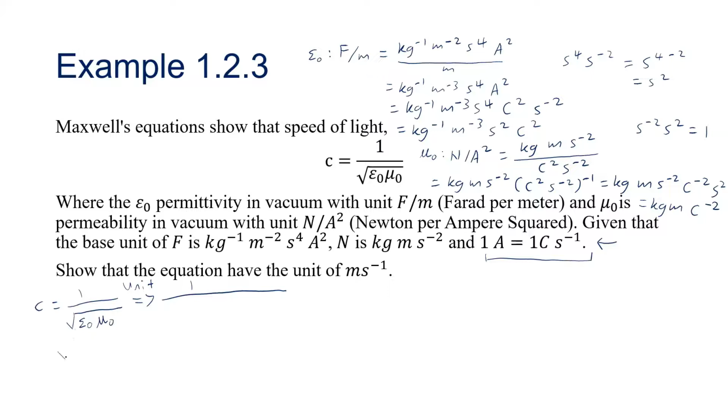This square root is just something to the power of negative 1 over 2. So we write down the unit for the epsilon naught first. We have kg to the negative 1, m to the negative 3, s squared, C squared,